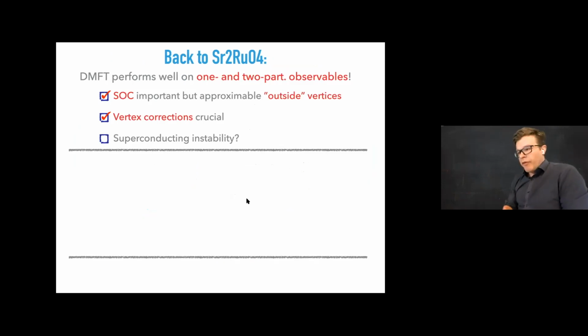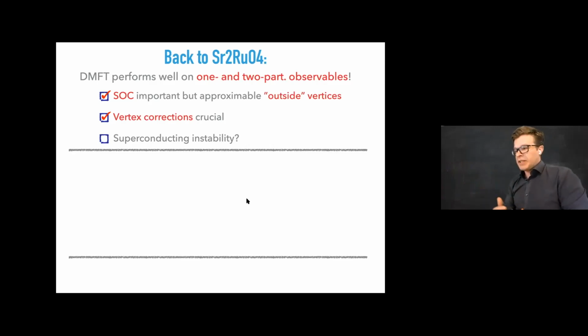DMFT seems to perform well on one and even on two-particle observable levels. The spin-orbit coupling is, of course, important if you look at the observables, but it can be approximated apparently outside the vertices, which is good news. The vertex corrections, however, turn out to be crucial, and RPA-like approaches might be dubious when you talk about strontium ruthenate. So this leaves, of course, once you've done the single particle observables, the magnetic responses, the question